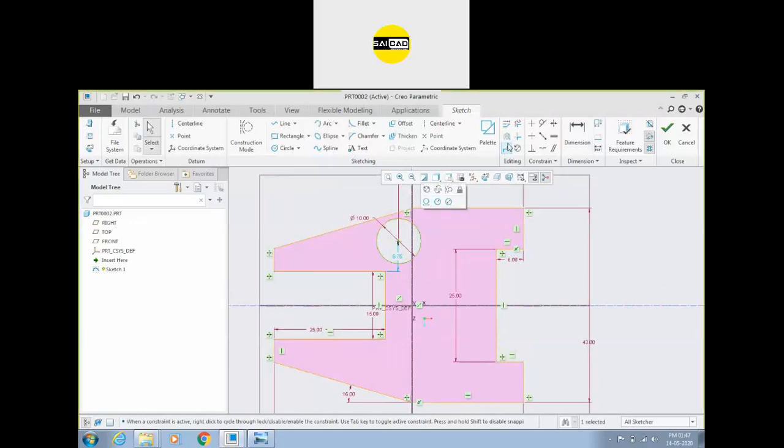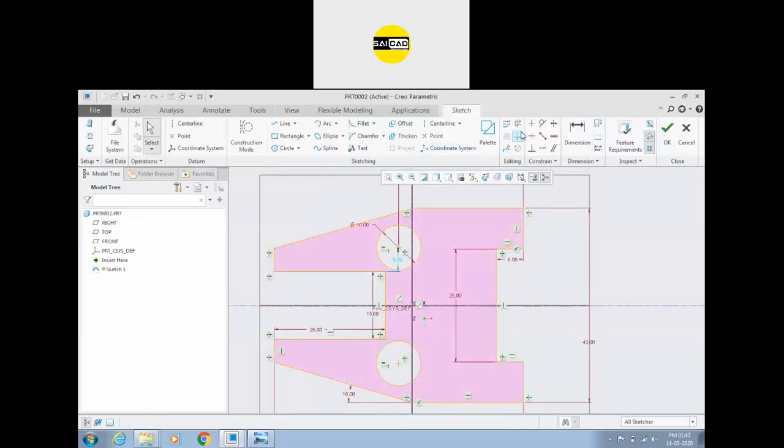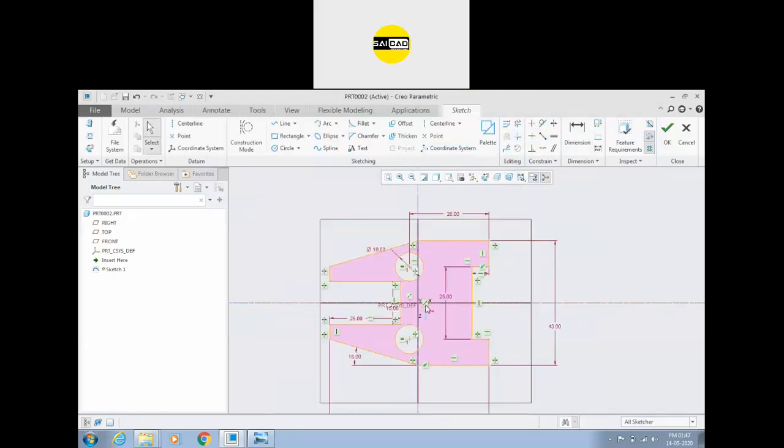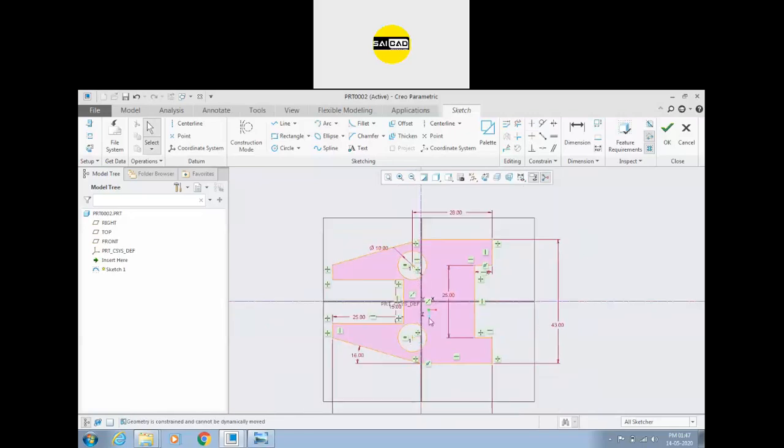So we are going to first create a mirror. Okay, so you can see that object is symmetrical also. So we are going to define the between gap like this, that is 25. So if you don't want to define the gap, you can simply select the 2 points and define the horizontal relation also. So this point and this point will be in horizontal relation. So there is no need of the gap in between.